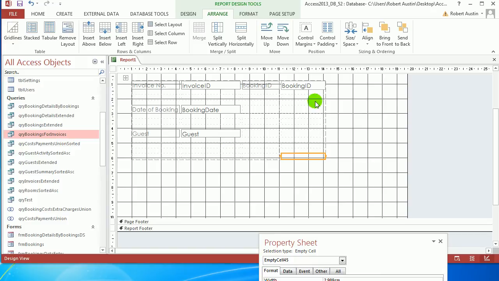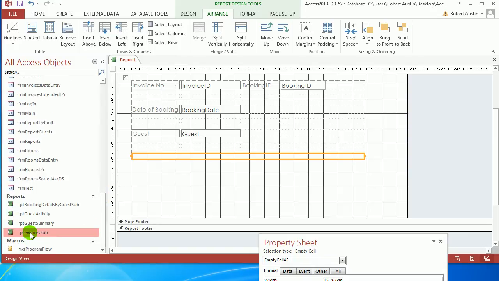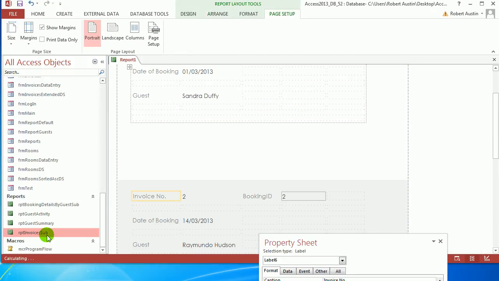and go to the bottom right of the grid of empty cells and click insert right, and then go to arrange, select row and merge. So this is where we're going to drop the invoice sub report, and now click on the report invoices sub. Actually might need to put this into layout view first so we can hit that space made. So click on invoices sub, drag it over,